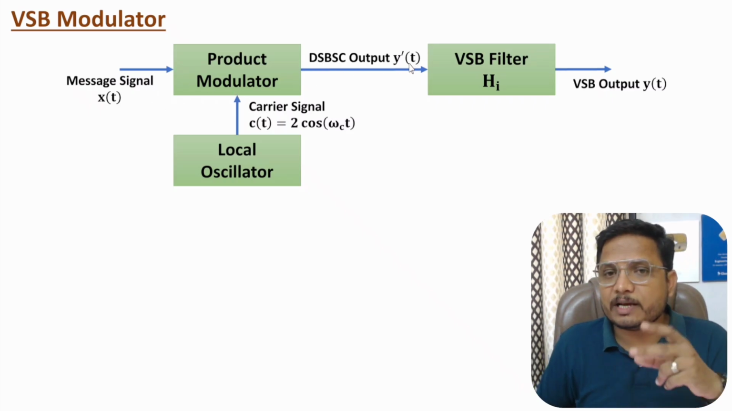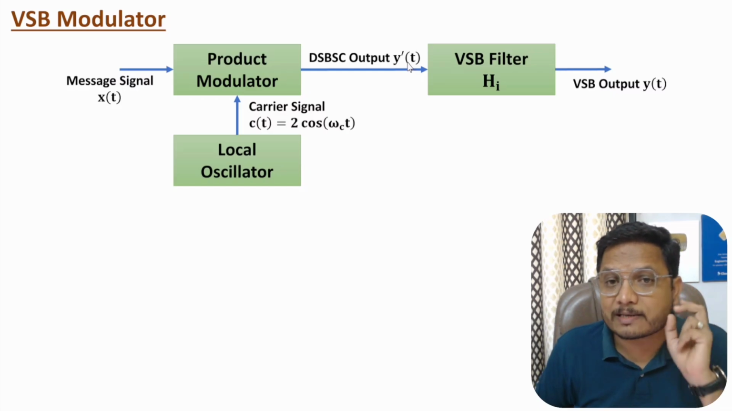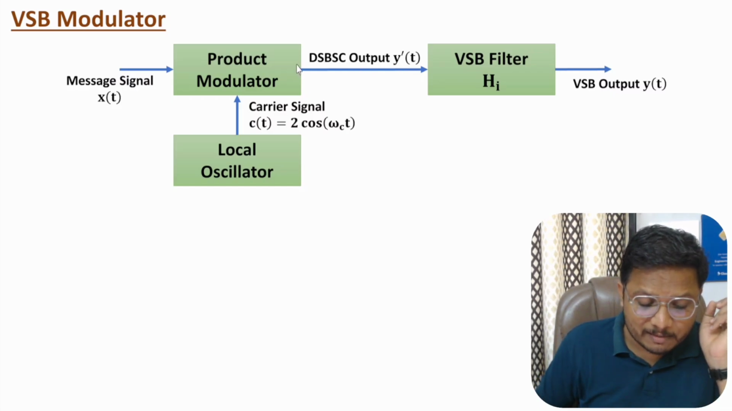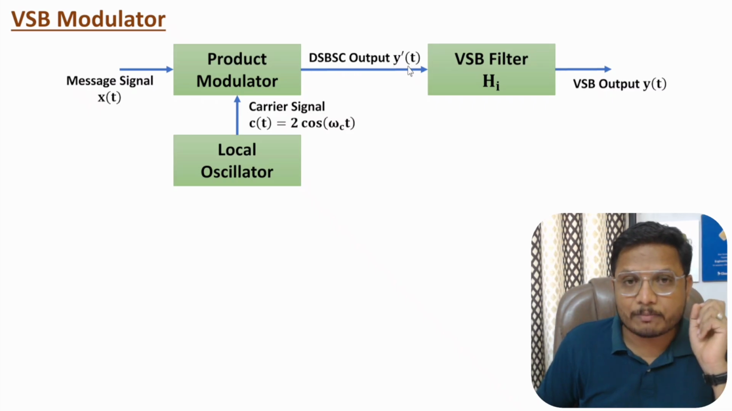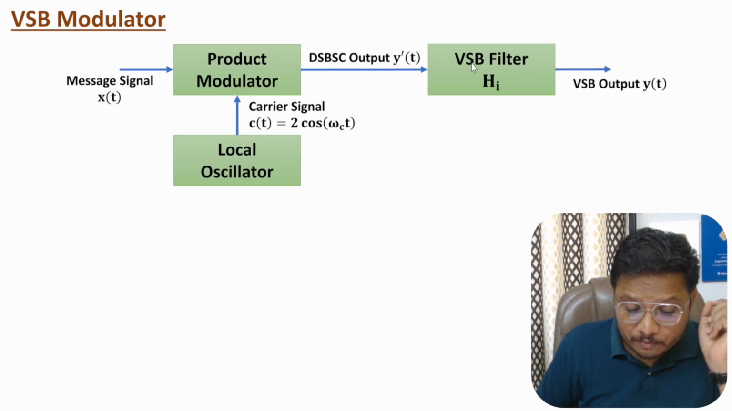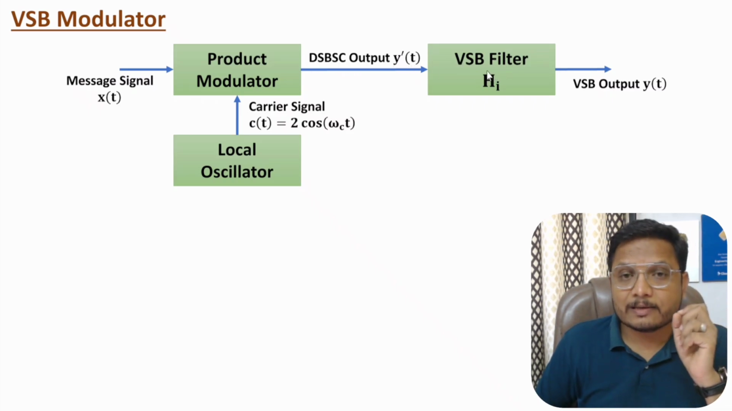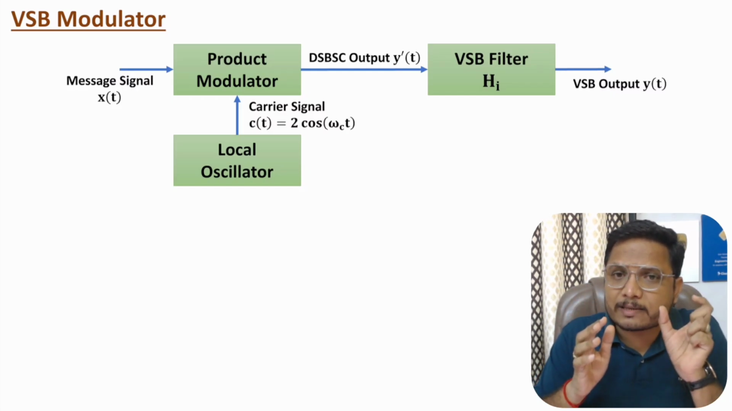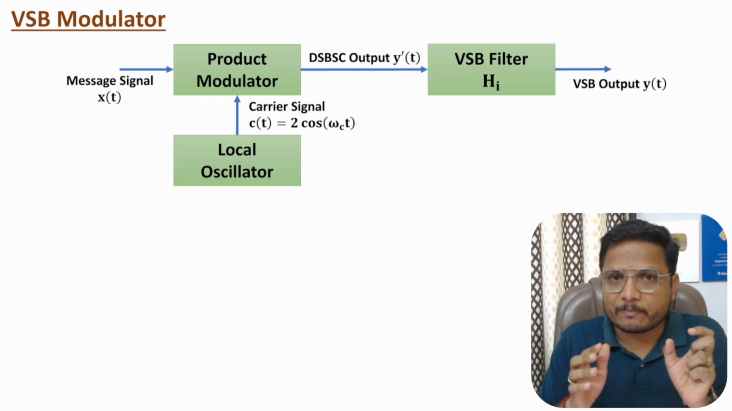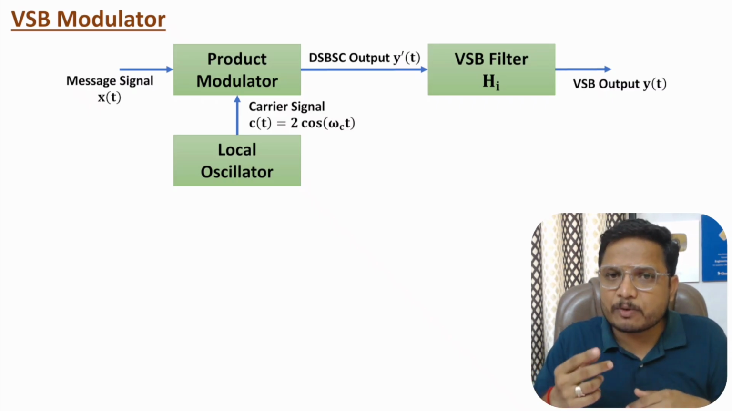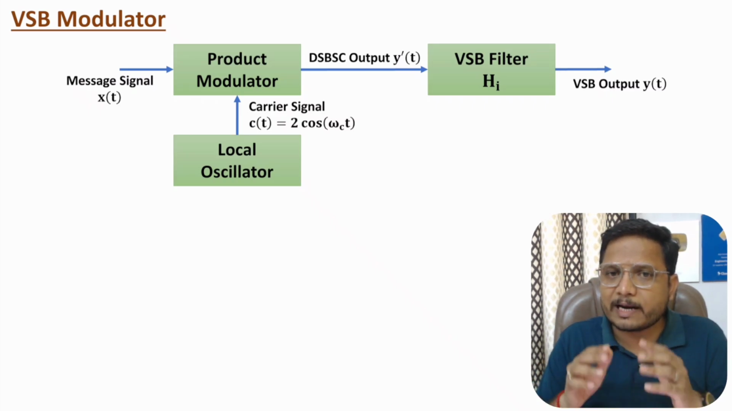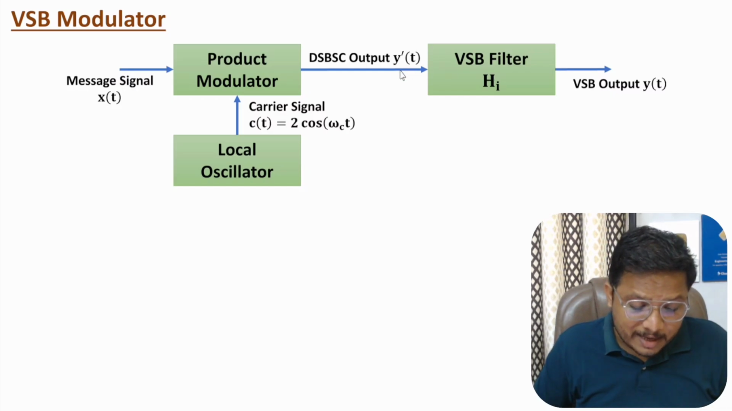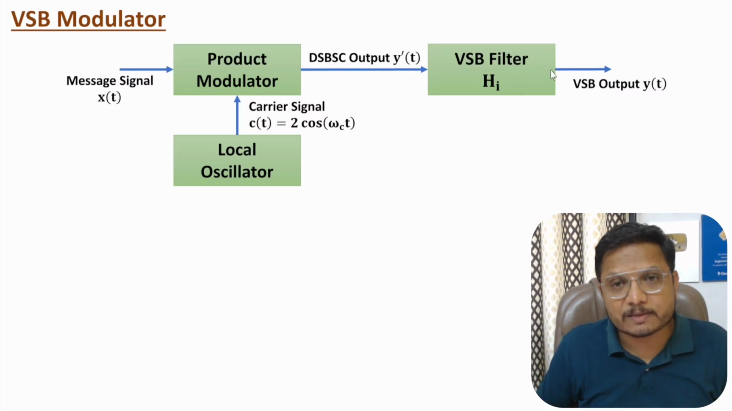So after multiplication, we will be having double sideband suppressed carrier, right? So here we will be having DSBSC's output, and this DSBSC output we pass through a VSB filter. See, the VSB filter has one sideband plus a vestigial band, right? I will explain that frequency response in great detail in this video itself. Right now, consider we have a DSBSC signal that we pass through a VSB filter, and then we have the VSB output,